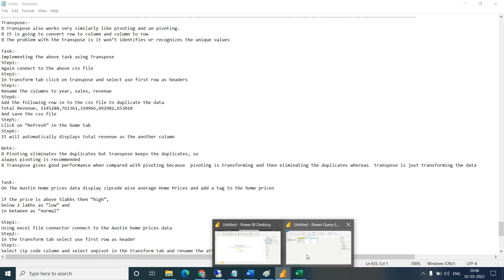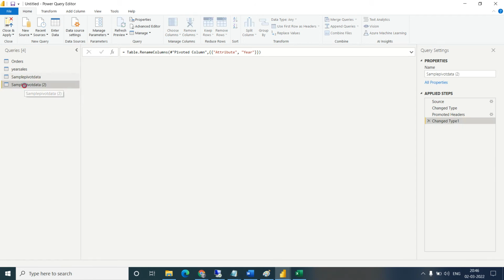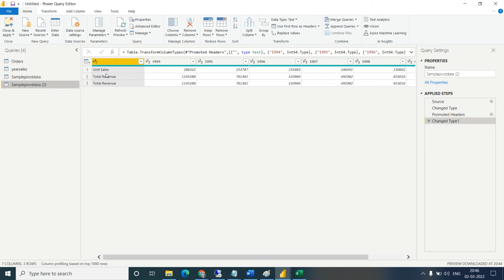So pivoting and unpivoting, if we refresh the data, refresh means it will give the new data. When you refresh this, you are getting only unit sales and total revenue, you are not getting a duplicate. But if you do the same thing here you can see the duplicate.